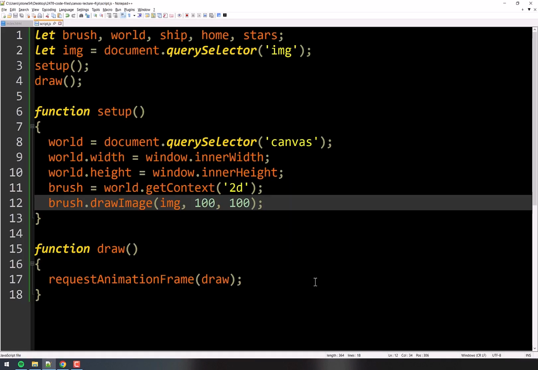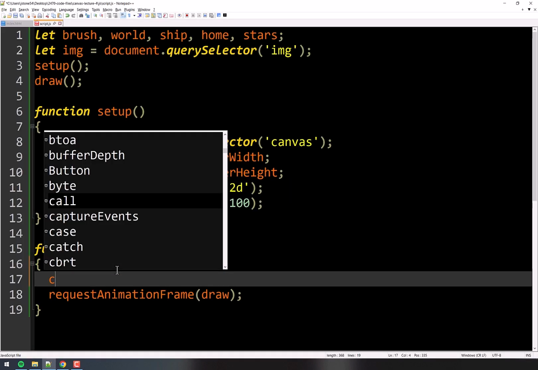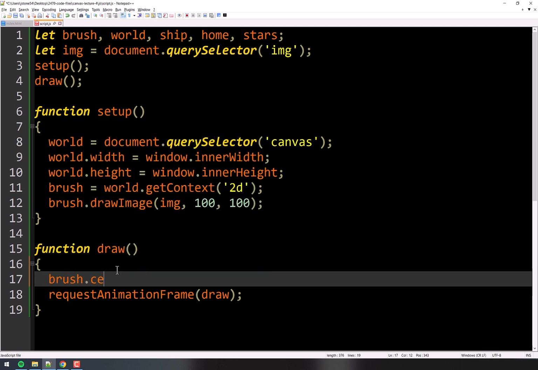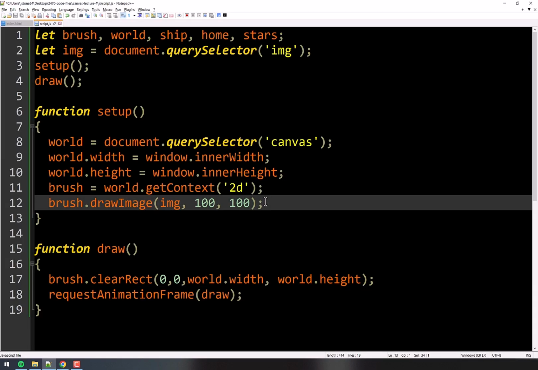But before we do that, remember this thing where we do brush.clearRect 0, 0, and then we do world.width, world.height, right? So that clears out the rectangle. And when I refresh it, now our image is gone, right? And so I can move it down here, refresh, and now it comes back.